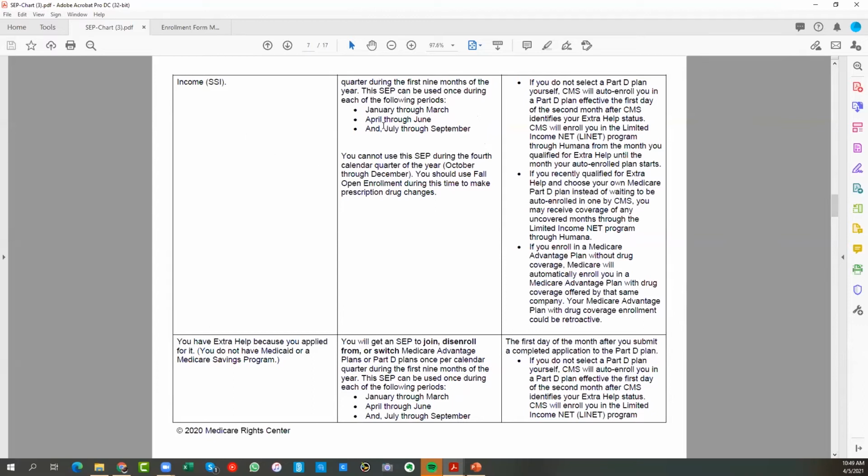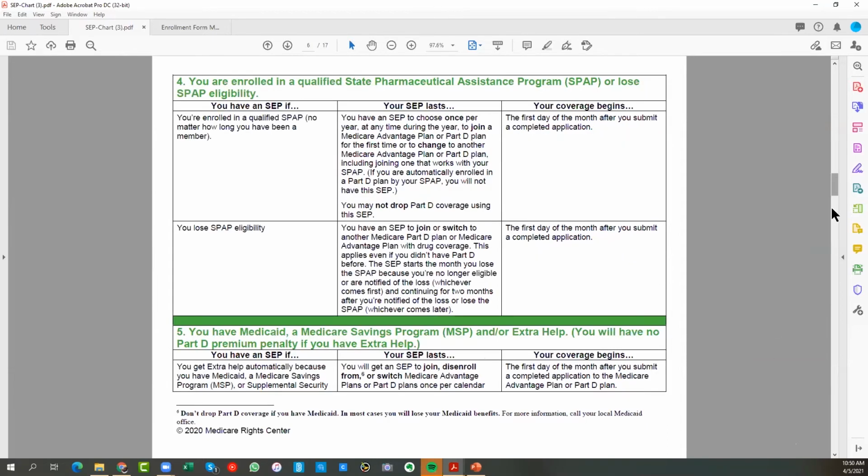The first 9 months, if they have it, they don't have a special election in the fourth quarter, okay? And that's where they're explicitly stating here, if they already have it, they can't make changes in the fourth quarter. However,